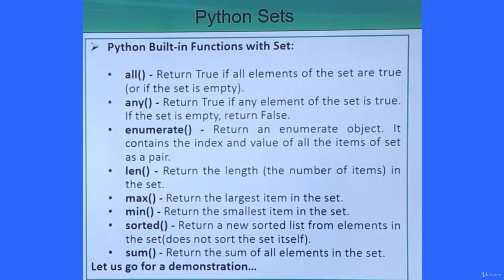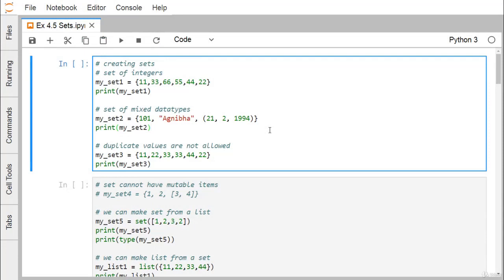A set is an unordered collection of items. That means within the members of the set there is no ordering. The items can be in any order, and every element must be unique. No duplicate elements will be allowed in a set, and elements must be immutable, which means they cannot be updated or changed. However, the set itself is mutable, which means we can add or remove items from a set. Sets can be used to perform mathematical set operations like union, intersection, symmetric difference, etc. So let us discuss how to create a set.